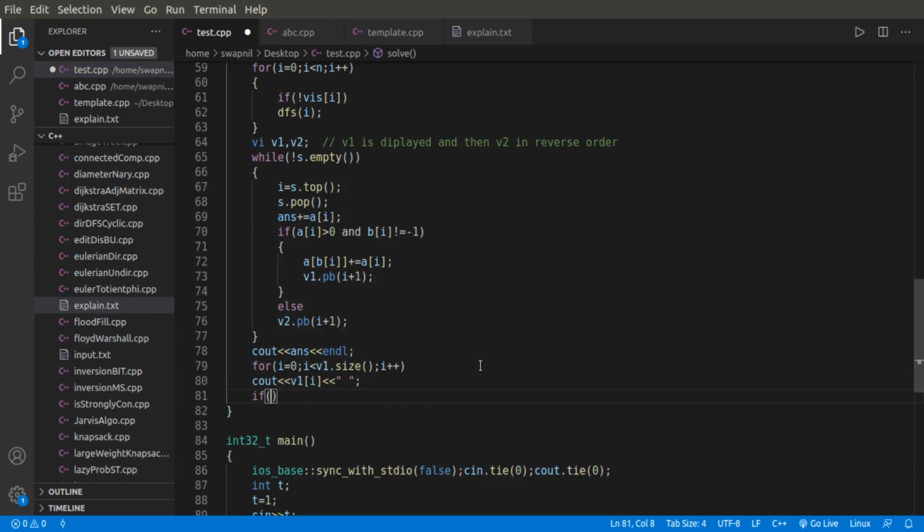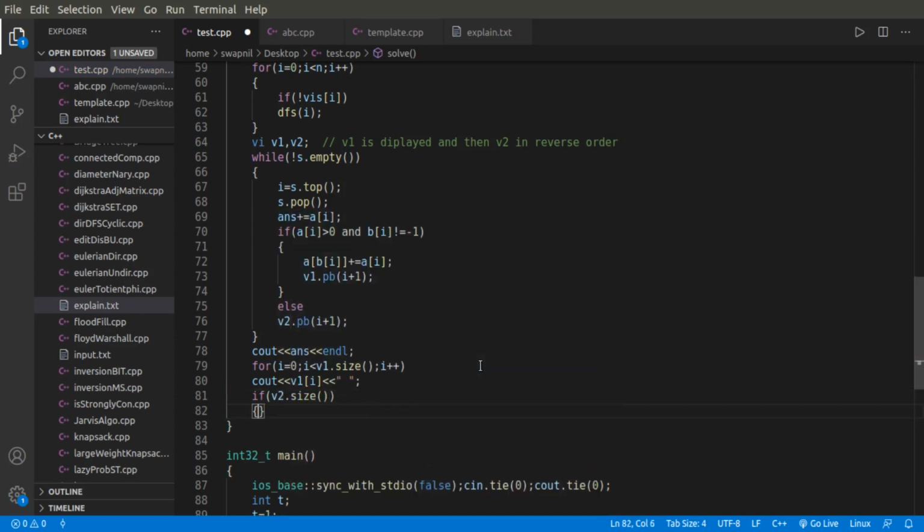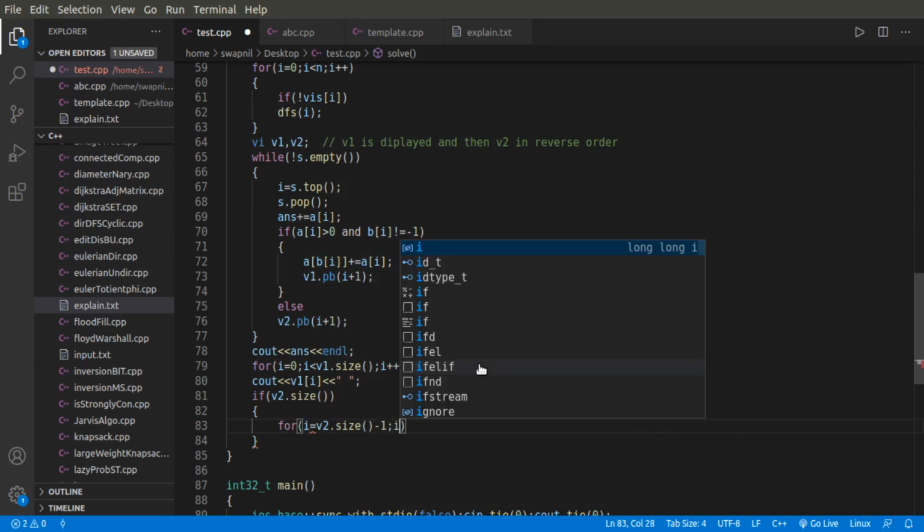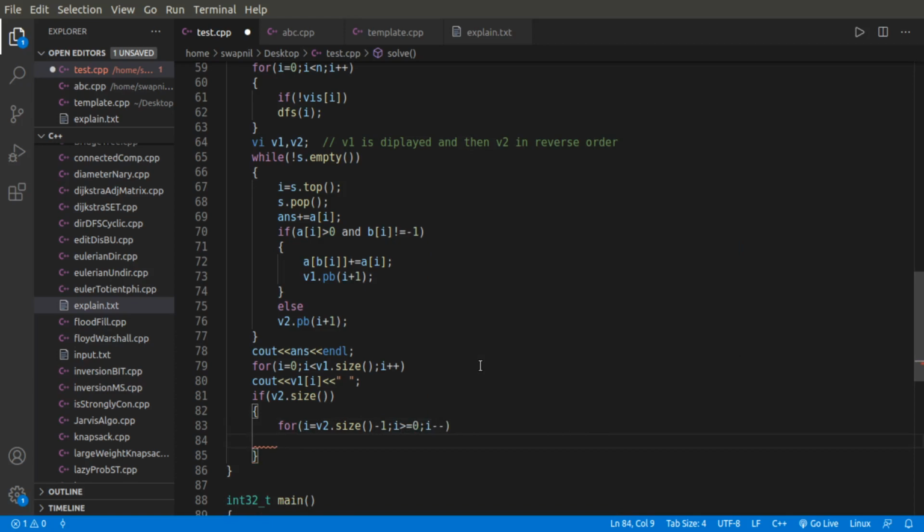Then if the size of v2 is greater than 0, I will traverse the vector v2 backwards, printing v2 of i and a space, and finally an endl.